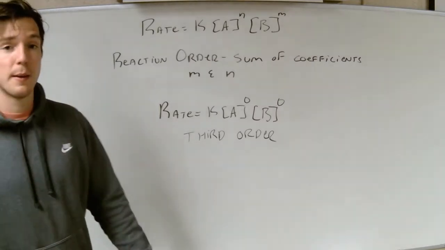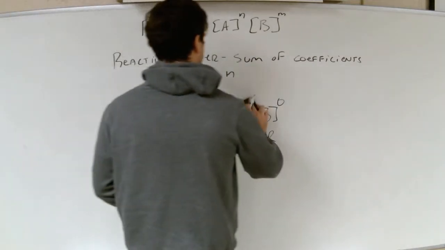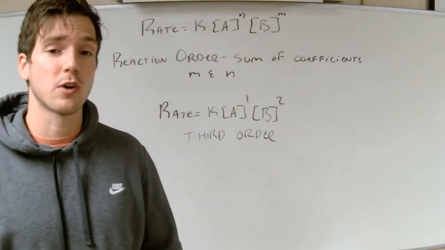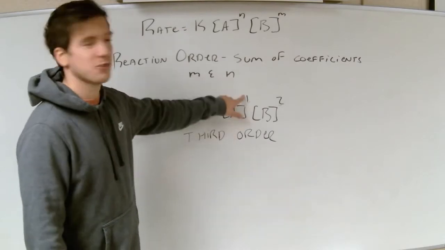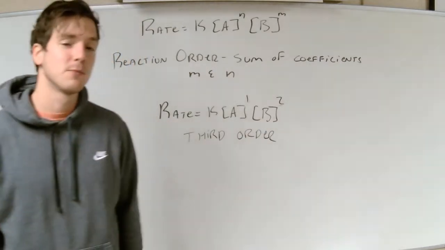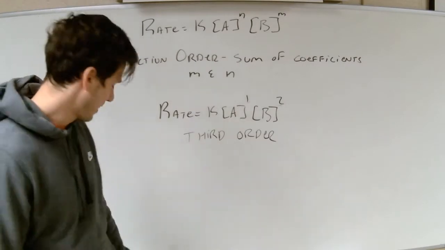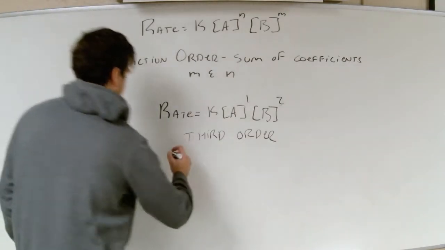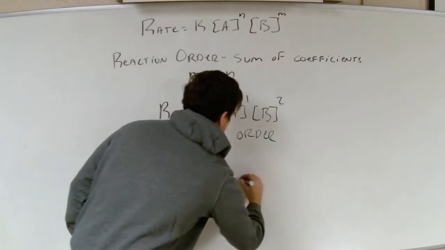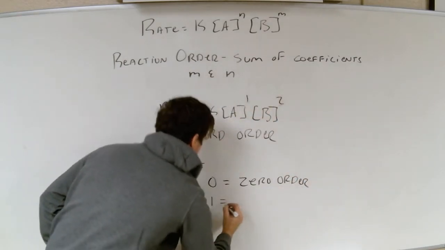Okay, so I will be asking you consistently, what is the overall reaction order, which is just when we add these coefficients up. I might also just ask you, what is the reaction order with respect to A, which you would say first order. What's the reaction order with respect to B, second order. What is the reaction order overall, third order. Okay, and just be aware again that M plus N, if they equal 0, it is 0 order. If they end up equaling 1, it is first order,